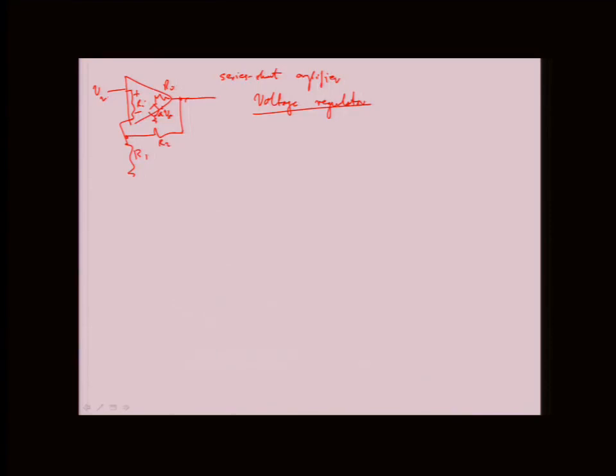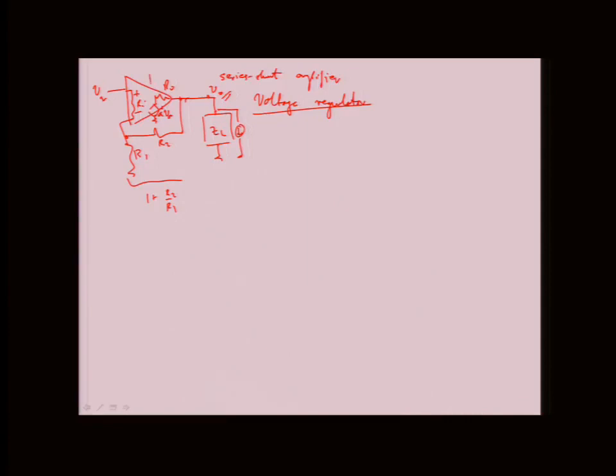Of course, there will be some proportion, in the ideal case 1 plus R2 over R1 gain, to get to the VO. The idea is that this feedback would keep this VO stable for some Z load, or it could be current as well,